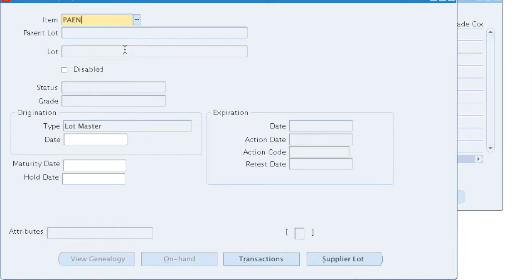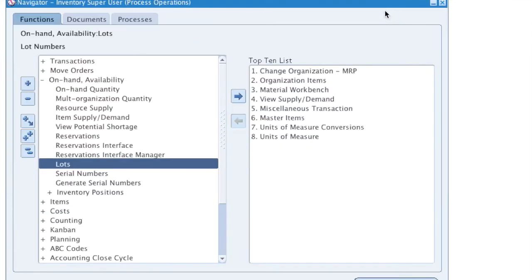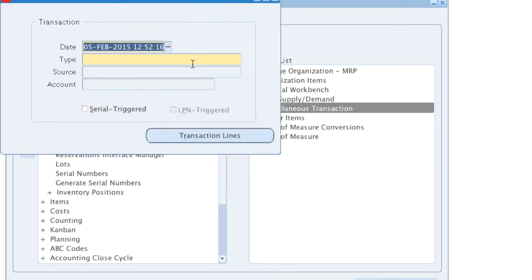Let's do the same thing for item parent1. Notice the parent lot field is lit because the item is expected or allowed to have a parent lot for a child lot. Again, it's not mandatory. I could have generated a parent lot by clicking the generate parent lot button, or I can write it by hand. So I'm just going to call it P lot 1, signifying parent lot 1, and then the child lot is going to have the name P1 C lot 1. That tells me that I have created a parent lot as well as a child lot. So we could use these now, parent and child lots, going forward in all our transactions.